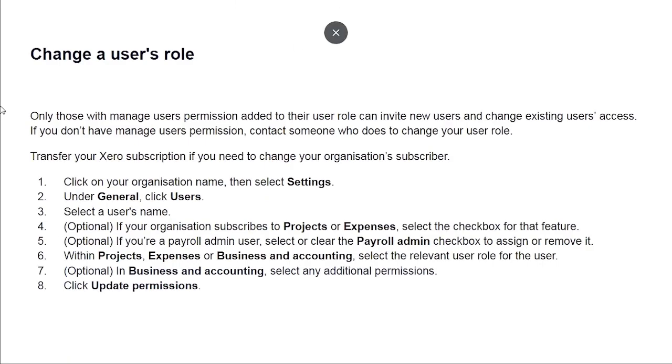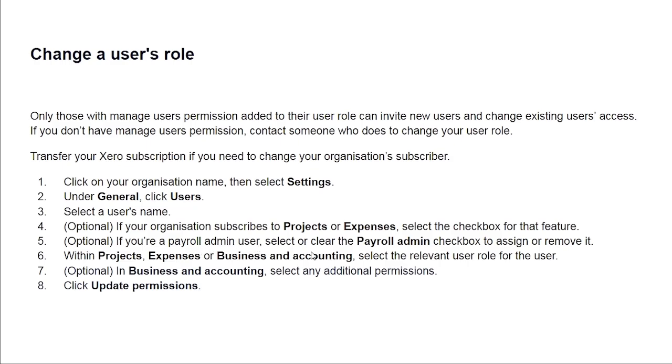And then if you want to change a user role, all you have to do is go again to the organization name, then select settings. Under general users, select a user's name. Optional, if your organization subscribed to projects or expenses, select the checkbox for that feature.